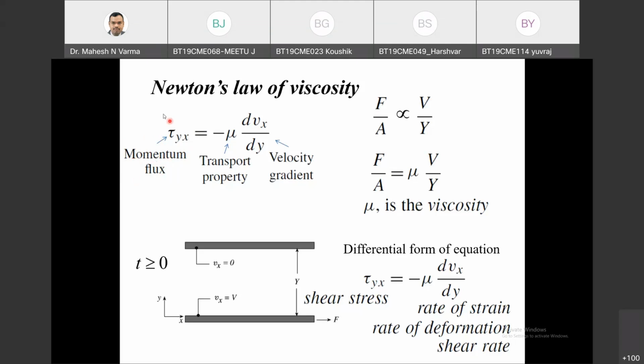This momentum flux will always be positive. Accordingly, I will be getting this negative sign or positive sign. If the velocity gradient is negative, as in this case, I'm getting a negative sign here. So this is Newton's law of viscosity. Now we'll just go into